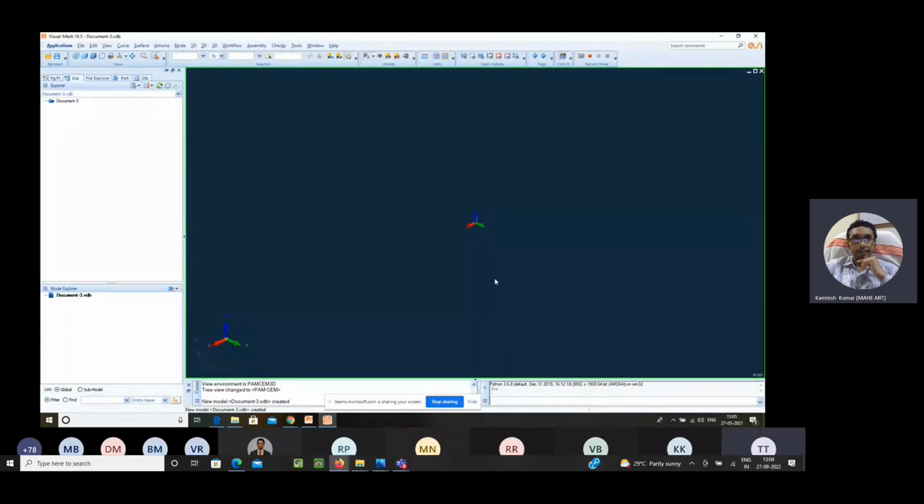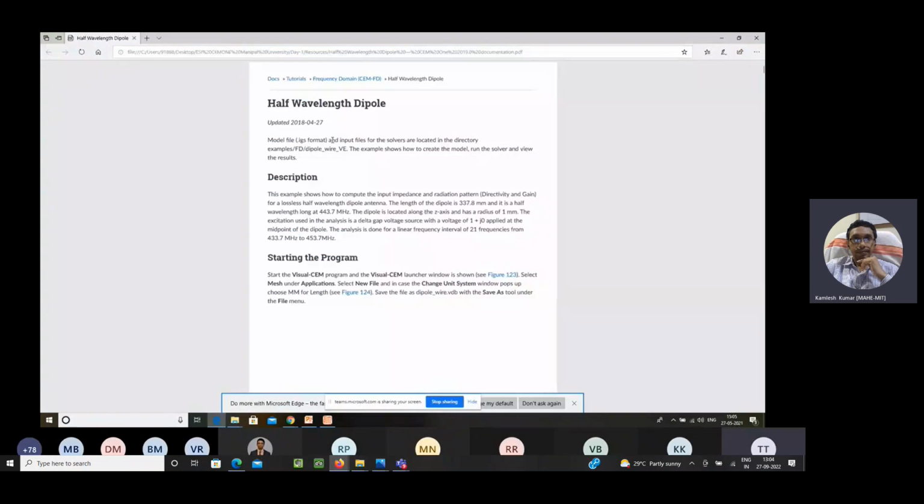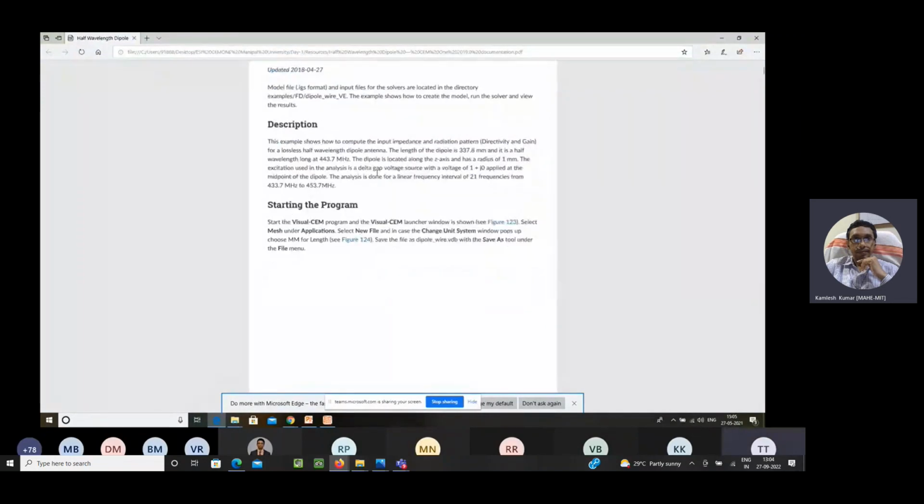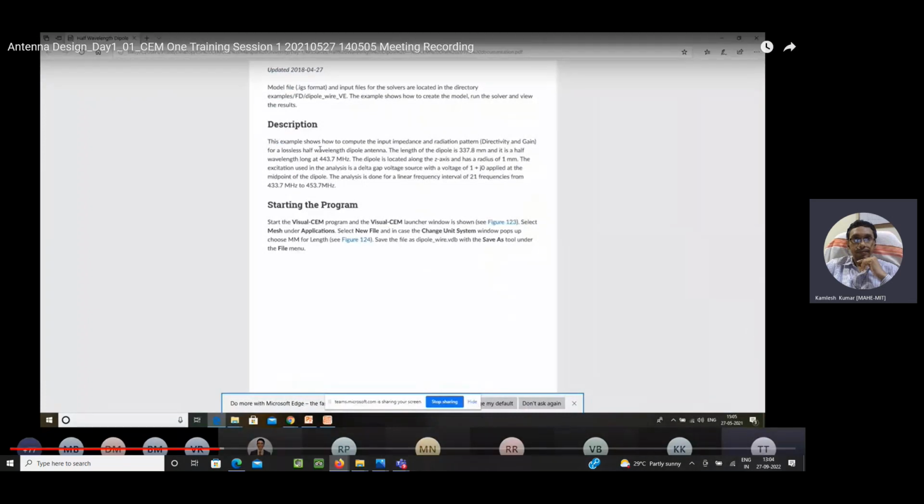Now let us go ahead with this particular design file. The example I would like to show is a half wavelength dipole. Half wavelength dipole is also called lambda by 2. Why it is called a half wavelength dipole, I'll also tell you, and I'll show you some resources on that. The complete length you can note down. You can see the complete length of the antenna is 337.8 mm. This is after calculation. Okay, 337.8 mm. And its half